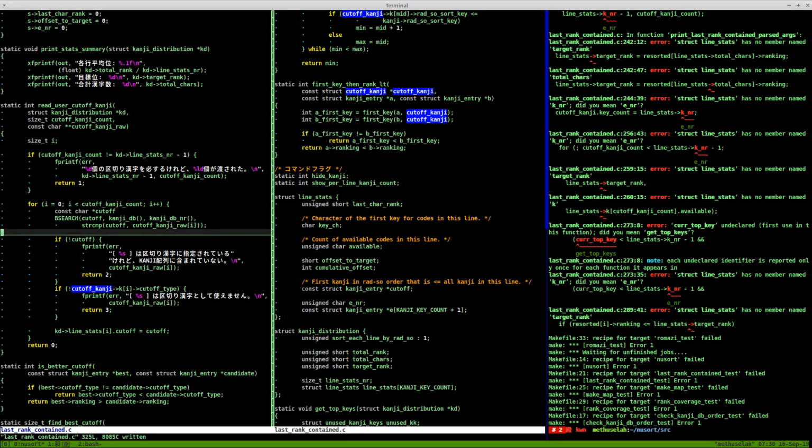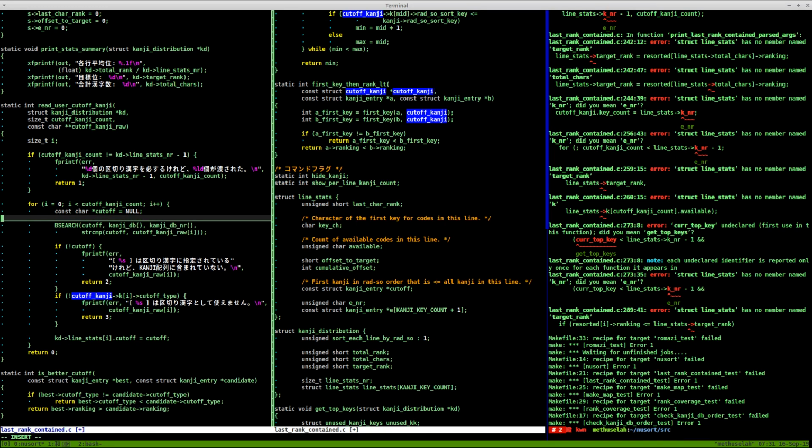Okay, we didn't find a match, equals no. All right, and here we're checking to make sure that the kanji is valid to use as a cutoff type or a cutoff character. Because if cutoff type is 0, that means it's basically equal to the previous character in the sorting order. So this is looking better,